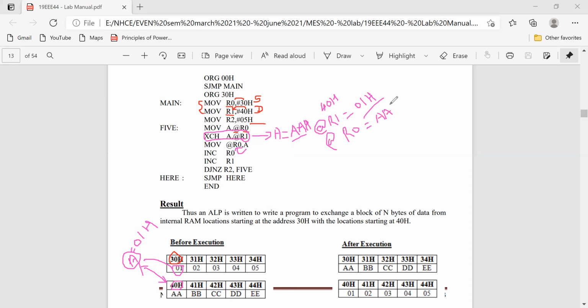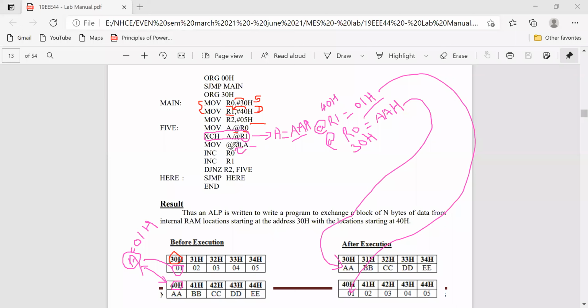Okay. See, @R0 is 30H. After exchange, you can see AA is moved to 30H and 01H is moved to 40H. Okay. This is for a single, that is, only one location is exchanged.